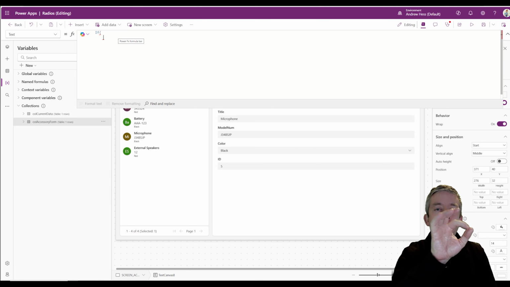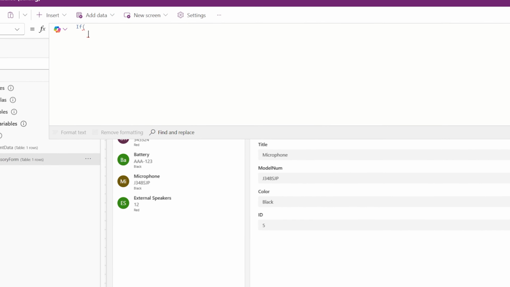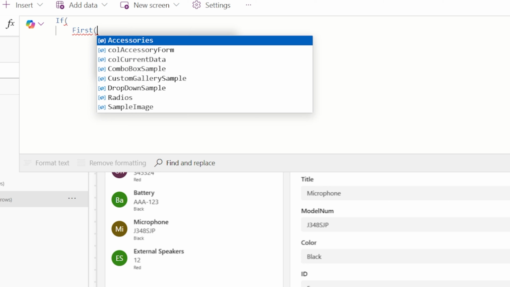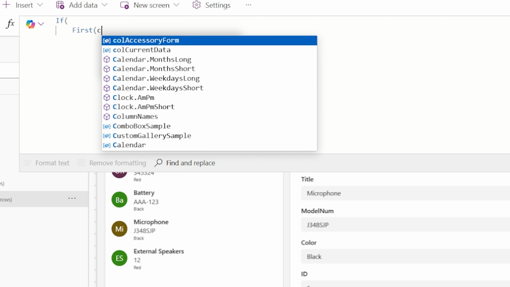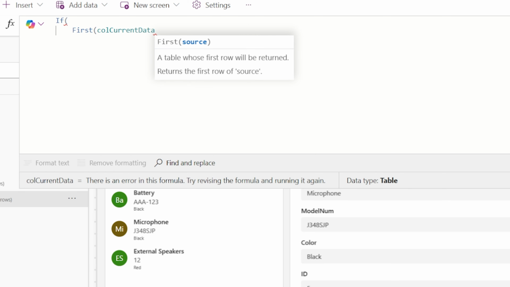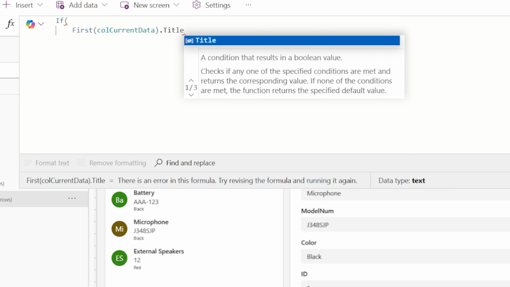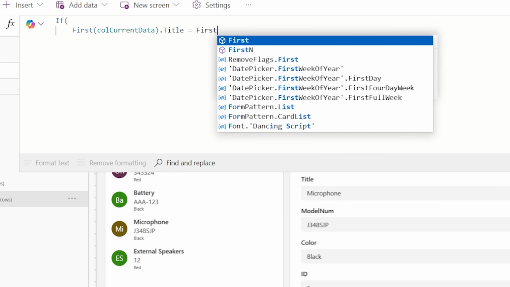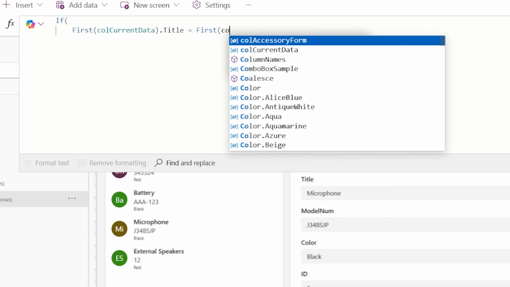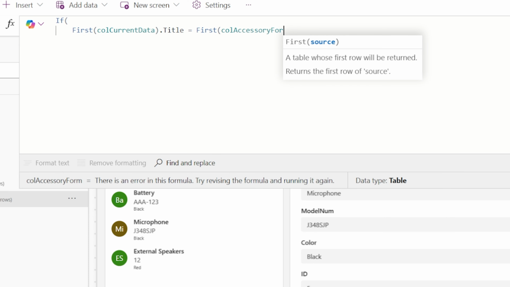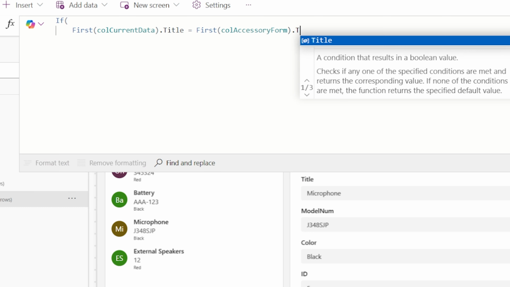We know both of our collections are one row. So the first row, I want to grab my first collection, my collection current data, and I want to grab title, and let's say the first row of our second collection, accessory form, and I also want to grab the title,